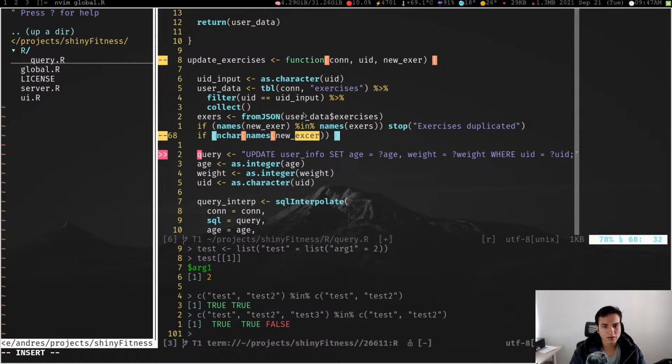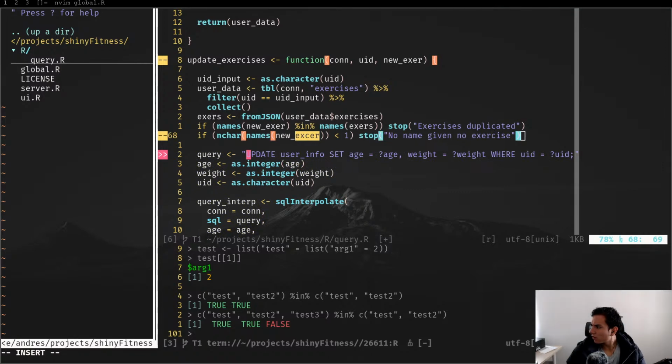So if this is equal to 0, or if it's smaller than 1, stop: no name given to exercise. Why could this be important? Okay, I have a